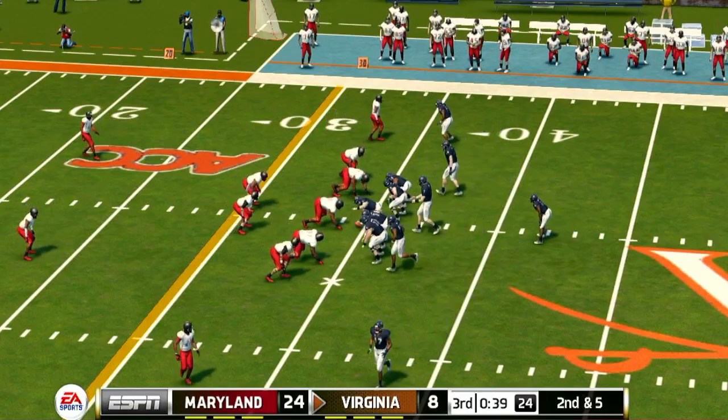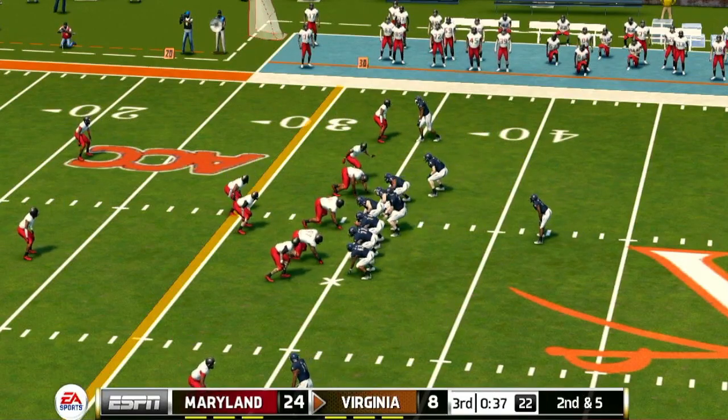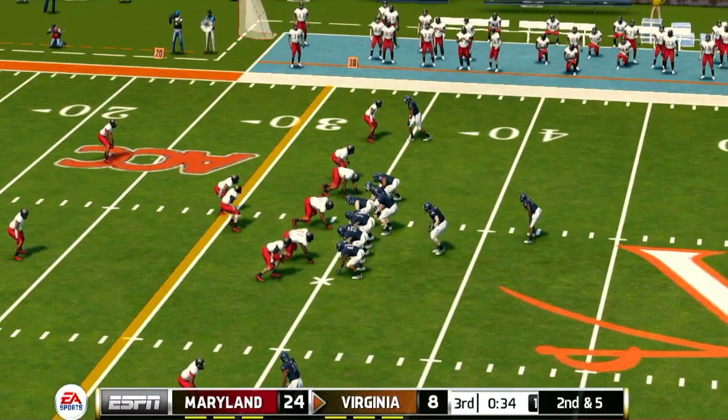3 down. 47 Mike. 47 Mike. Mike 47. Hot 59